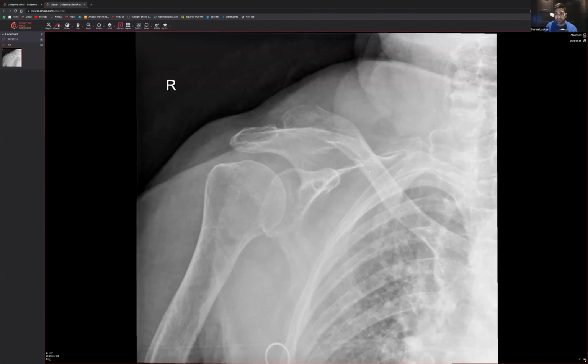And what I actually do, in truth, I have a good look at the ribs, because if someone's had a significant injury, they may have had a rib fracture, and that's one thing you want to look for. Make sure there's no rib fractures, which they're not. Have a look at that scapula as well. You can see the scapula going all the way around like so. Please do not confuse the edge of the scapula for a pneumothorax. Always follow it around, all the way around like so. And you can see the lung markings going all the way to the edges. So it can't be a pneumothorax, right?